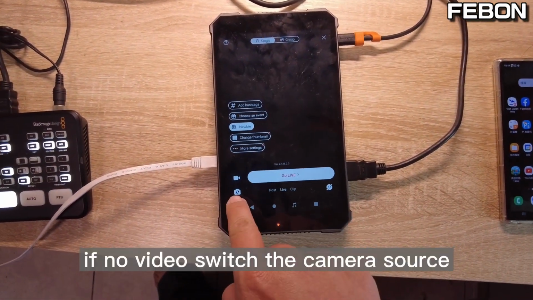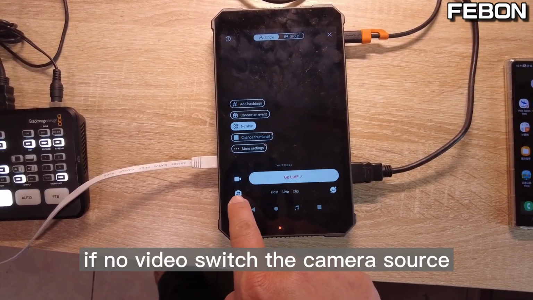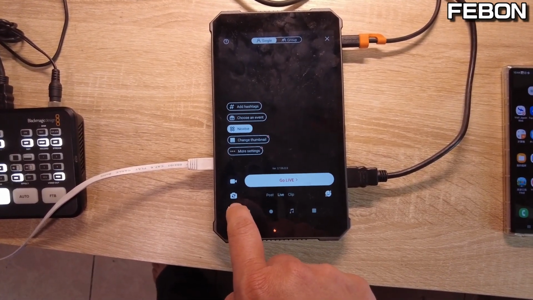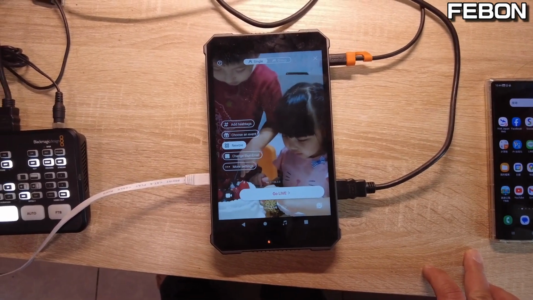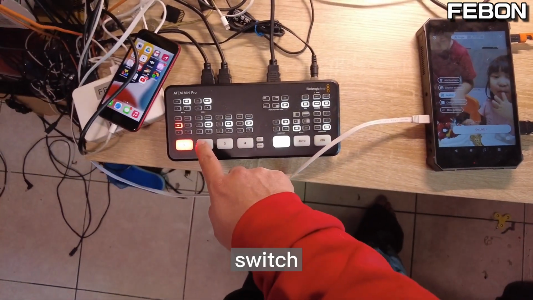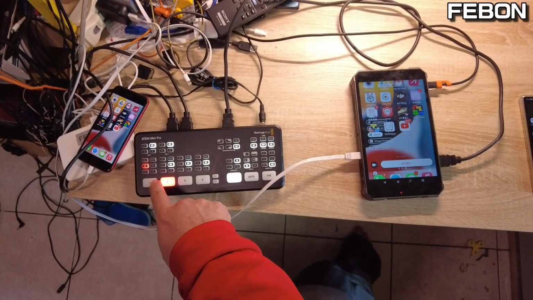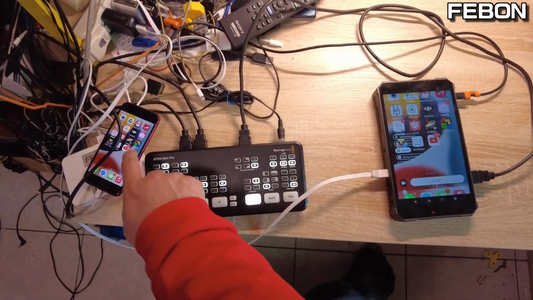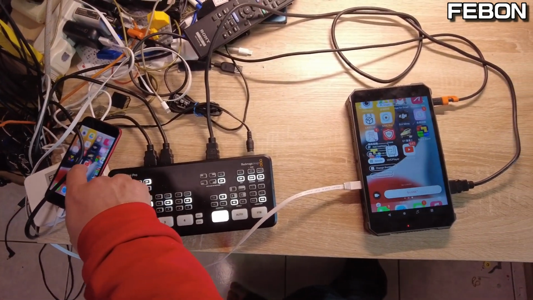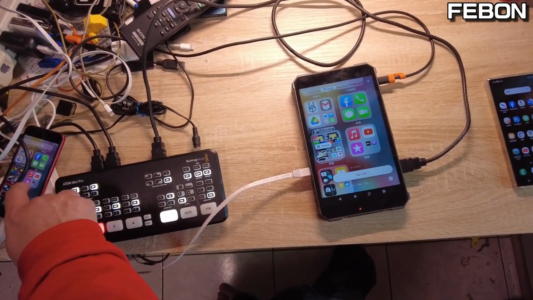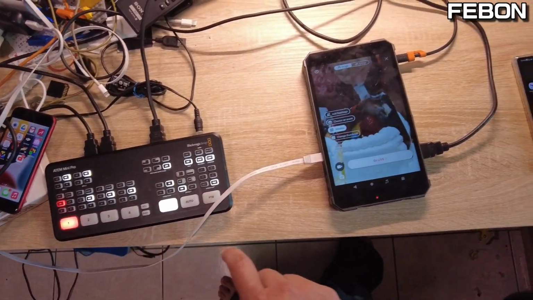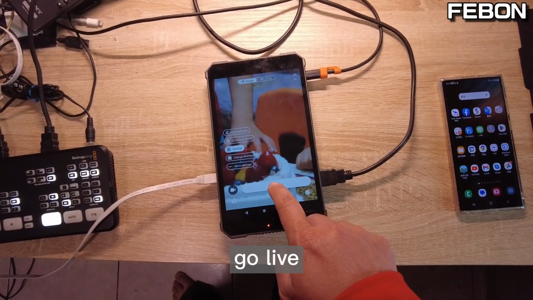If no video, switch the camera source. Yes. Switch. Go live.